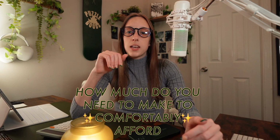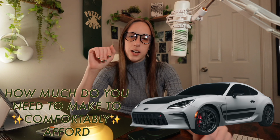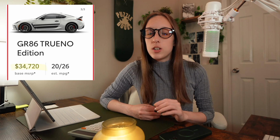How much do you need to be making in order to comfortably afford the 2024 Toyota GR86? Let's find out. So we previously talked about the 2023 GR86, but for the 2024, they did a limited run TRUENO edition, and I want to take a look at that one. It has a starting price of $34,720. It comes in a halo white or red exterior color with black ultra suede interior with a red leather